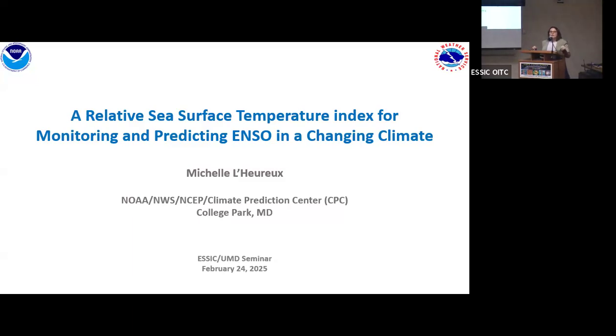And so, in looking at this index, we want it to do an adequate job most of the time representing the ENSO system. And what we've noticed in recent years is that we're starting to see new features that suggest that the non-stationarity in climate is impacting our primary index. And we need to investigate that and address it.